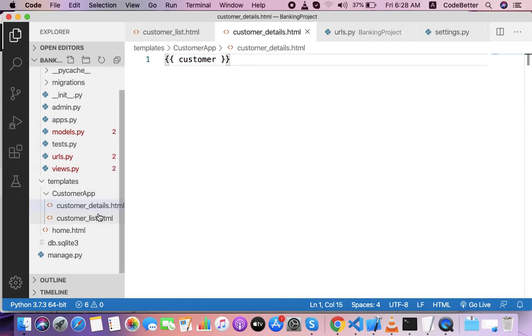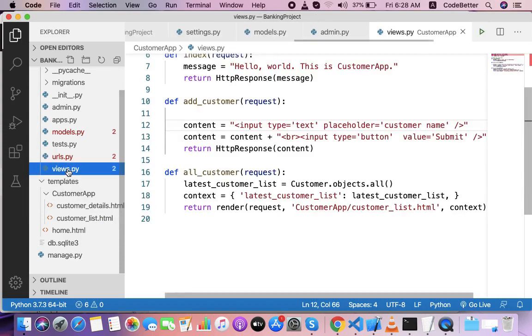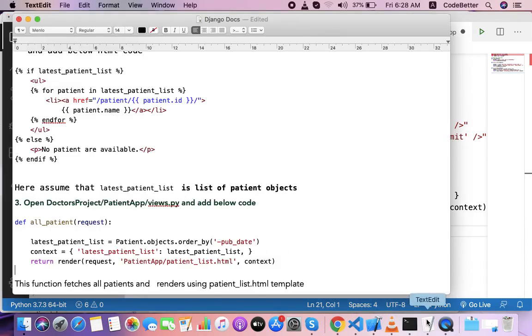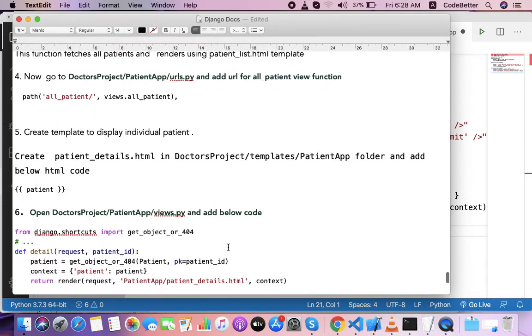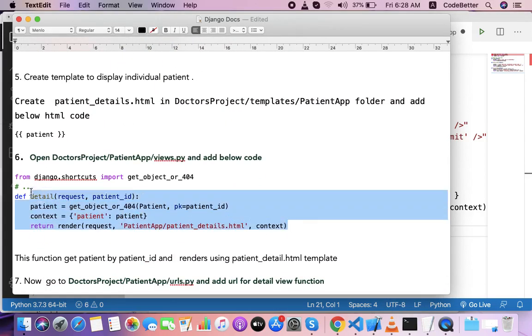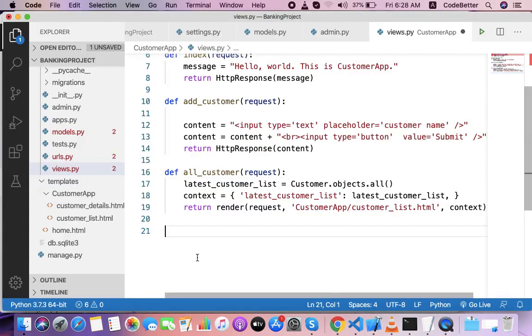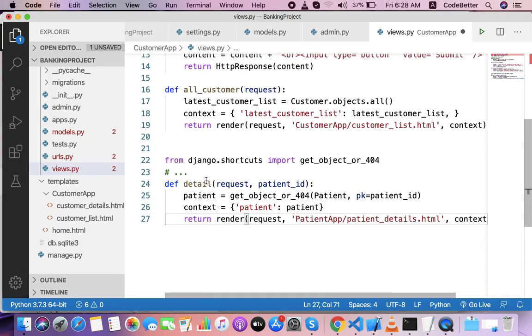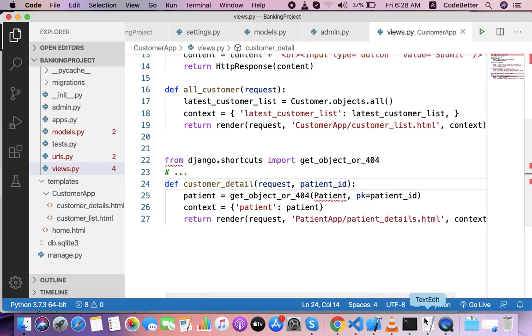Now let's connect this with some function in the views. So we go to views and again declare one function. Whenever the user clicks on that URL, which URL?